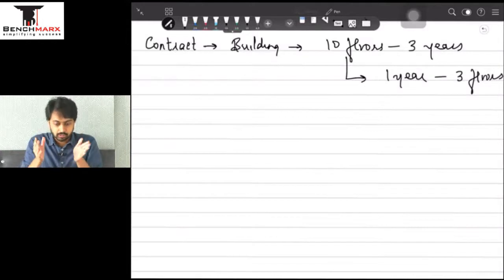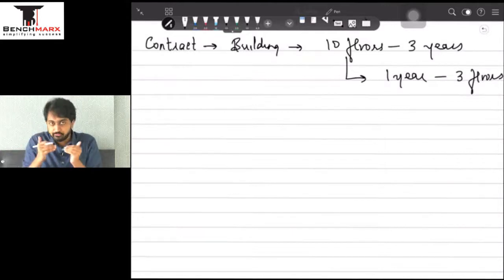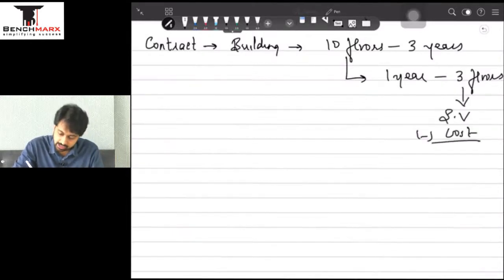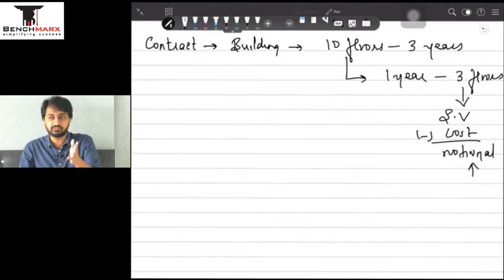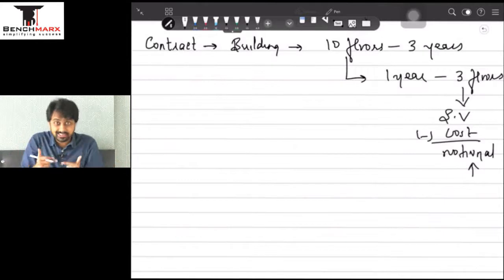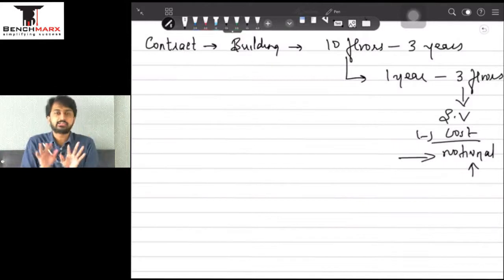But normally क्या होता है, this entire building is 1 unit. That means the building is not sold yet because the building is not ready yet, so we can't actually book the profits. So what we do is we assume that what if 3 floors would have been a fully finished product, in which case I will find the 3 floors ka sale value and the 3 floors ke cost on a notional basis, and I will get something like a notional profit. Why notional? Because this is as if 3 floors is a contract and I have finished the 3 floors. So my job is to find 3 floors ka profit. But since ये actual profits नहीं है, the term used is notional, and my job in this chapter is to find the notional profits of a contractor.